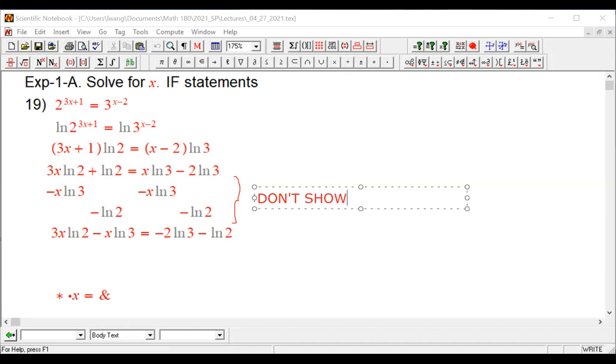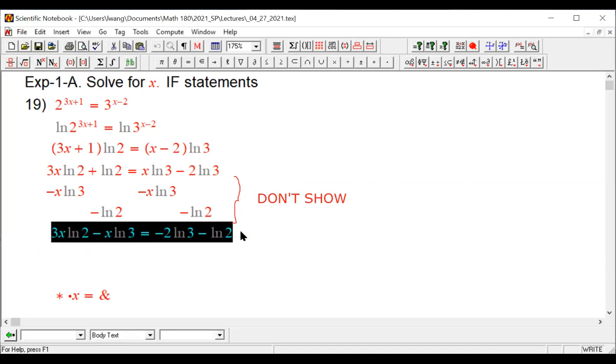Do it on your scratch paper. Just go straight from this line to the next line. Well, if you cannot help it, that's fine, but in the standard text, you never see anything like this. Okay? So without further ado,